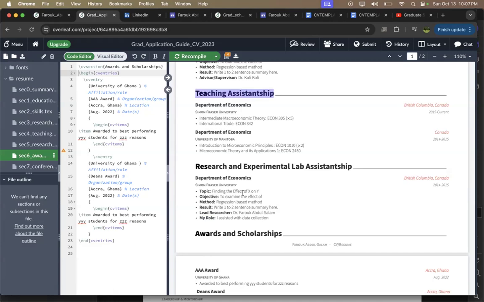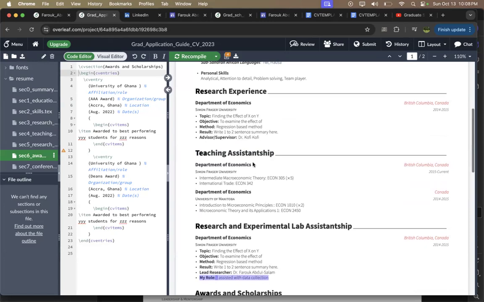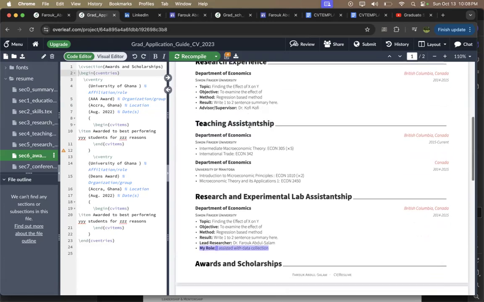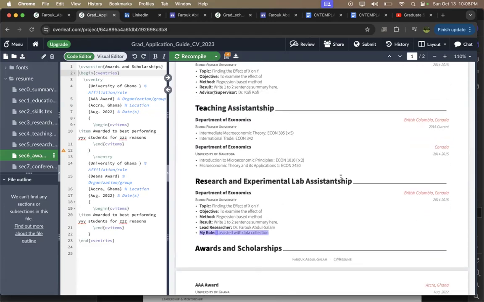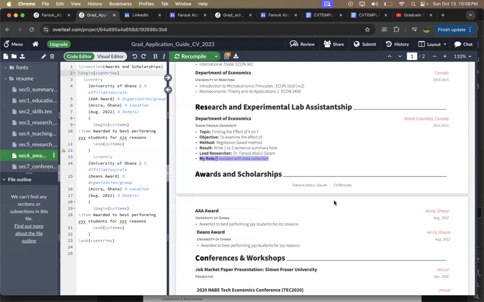So if you know the particular research you are working on, again, here the topic, the objective, the method used, who was the leader, and your role, right? So here you are not the primary researcher, so you have to be a bit more upfront and tell them that, hey, I was involved in terms of data collection, I was involved in terms of this or that. So this is going to be a bit different in terms of your primary role, where you did your own research compared to where you assisted as a research assistant, or in terms of you being in the lab and you assisted with the lab work. Good.